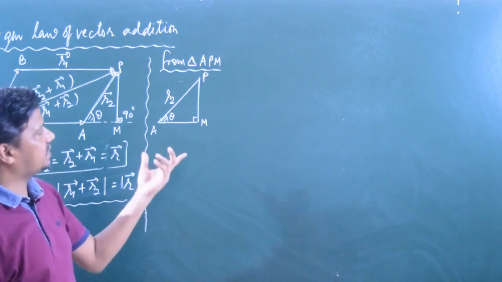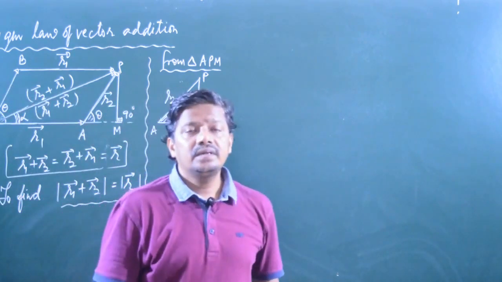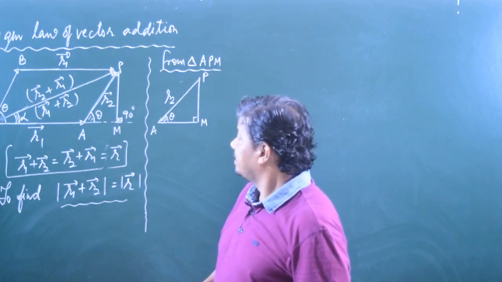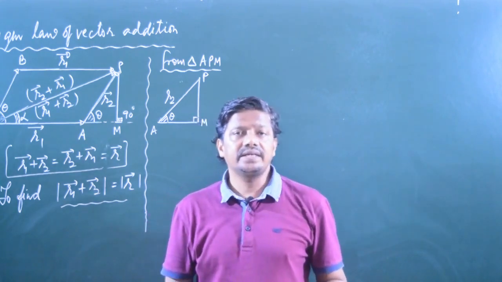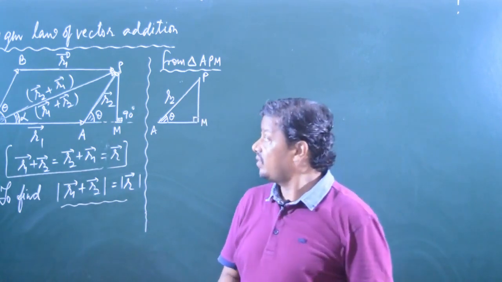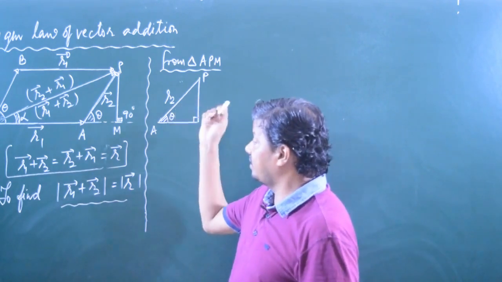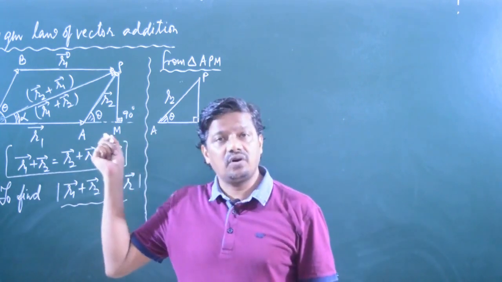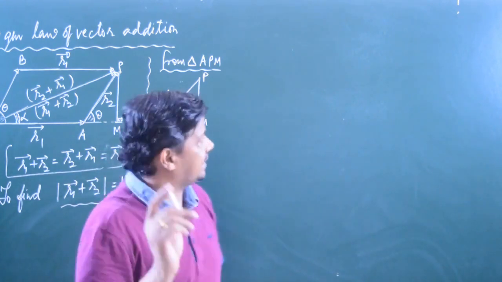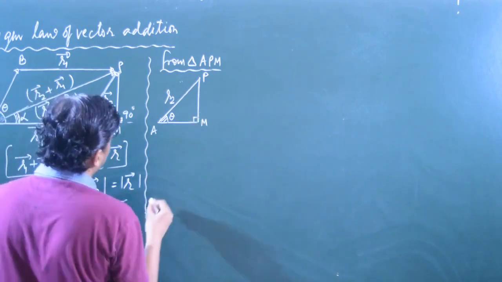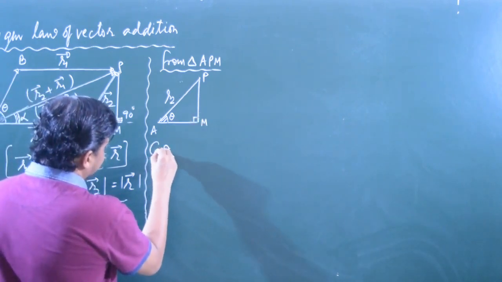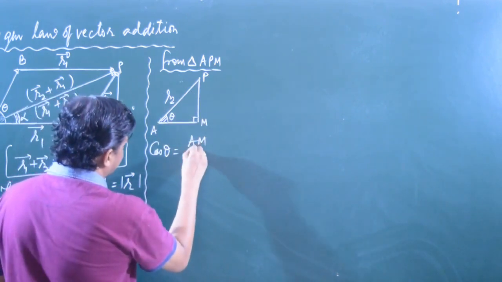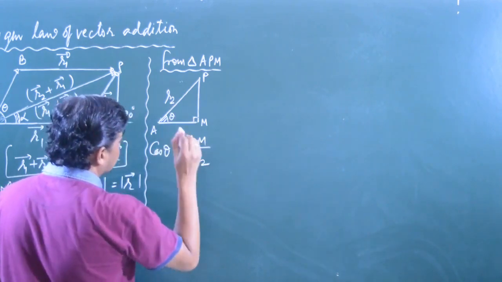The component along theta I have already done in the previous lectures, in the lecture on resolution of a vector. If a vector is not along any coordinate of the given coordinate system, then we will have to resolve the vector, and the component along theta always comes in cos, and in front of theta it comes in sin. So you may use the formula also. What is the value of cos theta here? Cos theta is base by hypotenuse, so that is AM divided by the magnitude of the hypotenuse, that is R2.